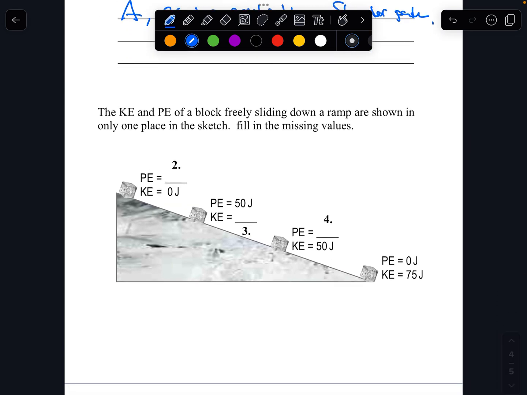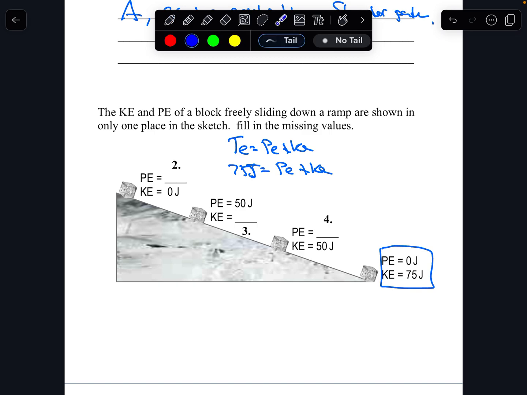Kinetic and potential energy of a block freely sliding down this ramp are shown. We're going to find the missing values. Again, all we need to know here, guys, is that our total energy is equal to our potential plus our kinetic. What we know is that at the end, the total energy is 75 joules. So any combination that we do here, we know that the sum of our potential plus our kinetic must be 75 joules. So we just have to ask ourselves, what does our missing term need to be so that our total energy will be